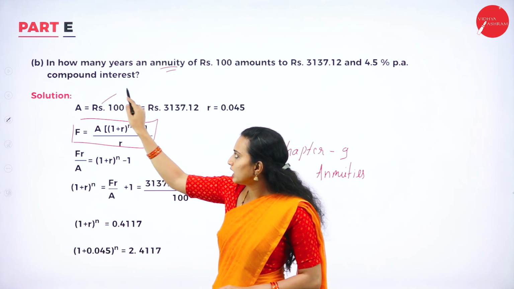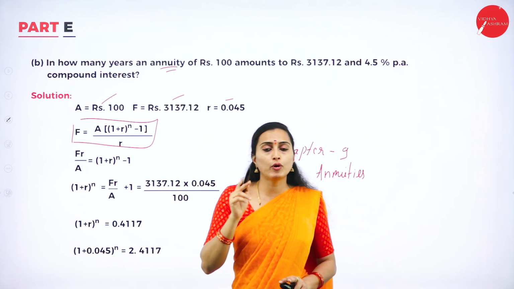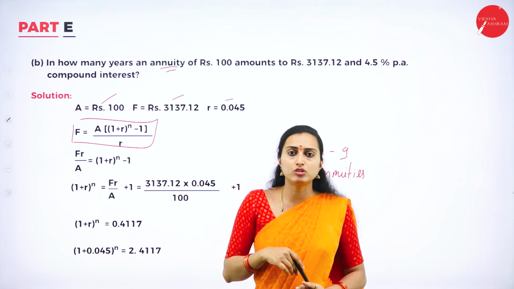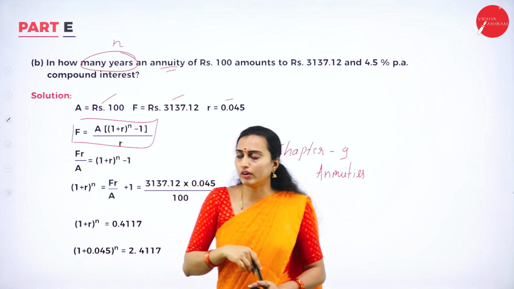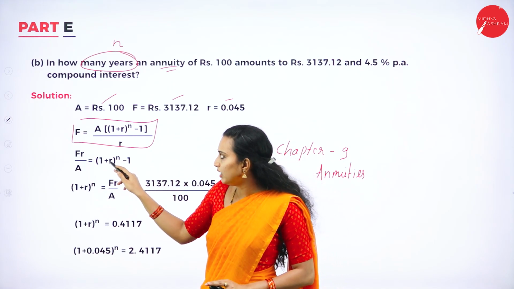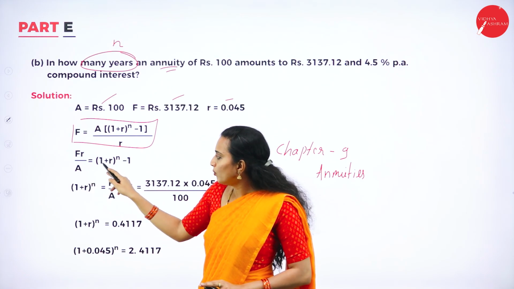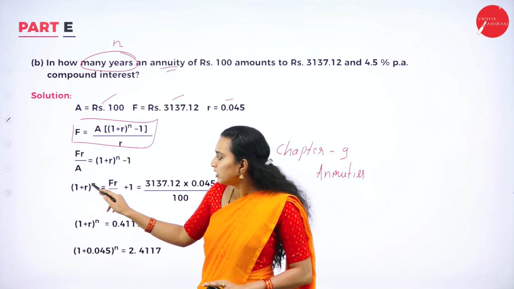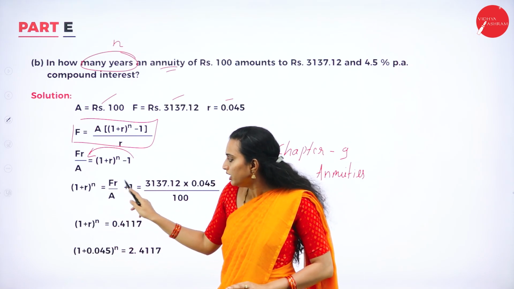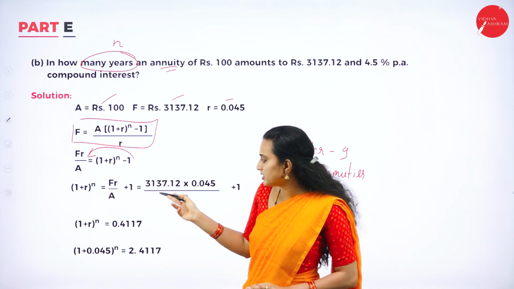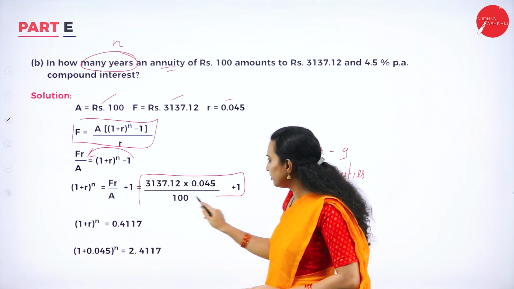They have given A value is 100, F value is 3137.12, R is 4.5 divided by 100, which gives you 0.045. Here you need to find out how many years, that means N. So accordingly, substitute the values here. R will be cross multiplied, A will be coming down. So 1 plus R to the power of N minus 1. Minus 1 when it comes to this side will become plus 1. Substituting all the values and evaluating, it will give you the value